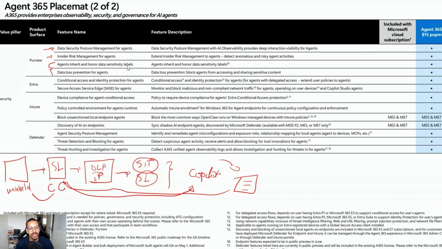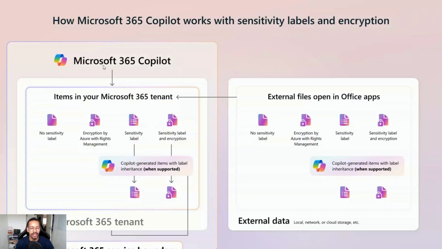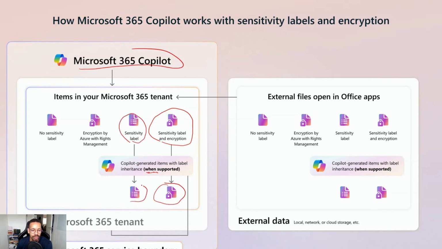So what happens here actually? What happens in this context is very well explained by Microsoft. In Microsoft 365, you will have items in your tenant, and Copilot will generate new items when supported. So you really have to check the documentation if it's supported. If you have a sensitivity label and encryption, what is created by Copilot will have the sensitivity label and encryption. On the other hand, if it's just a sensitivity label, Microsoft will also create a new document with a sensitivity